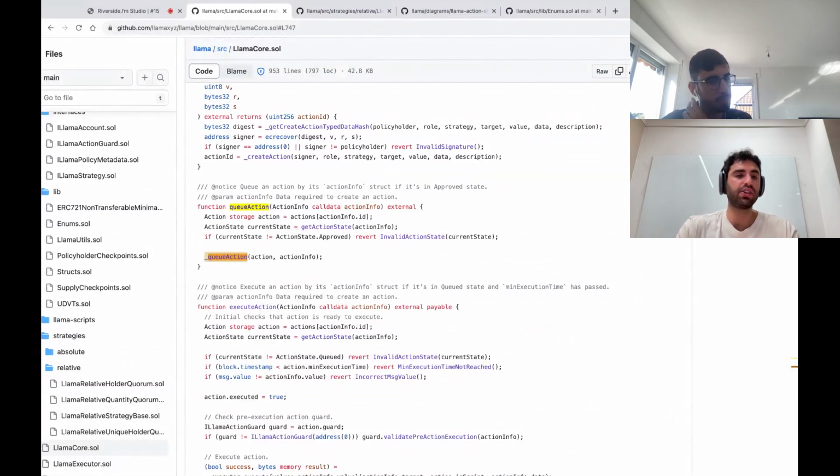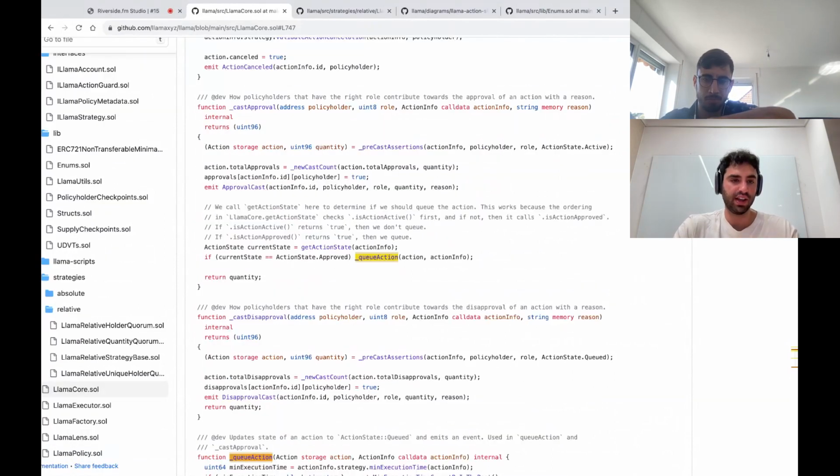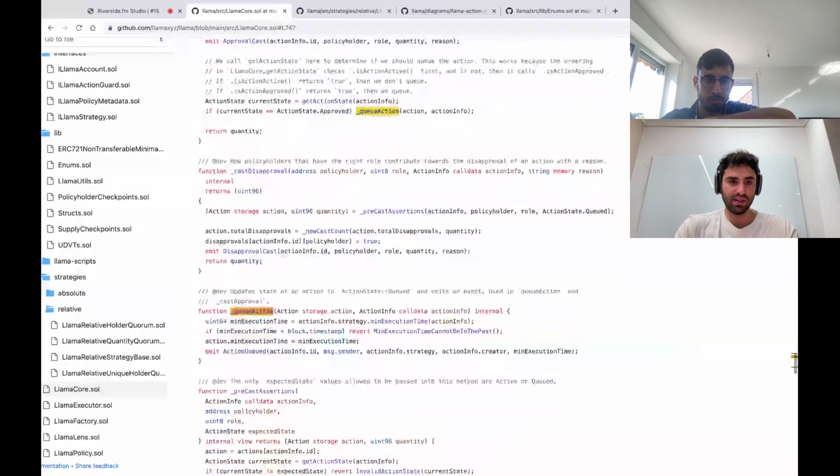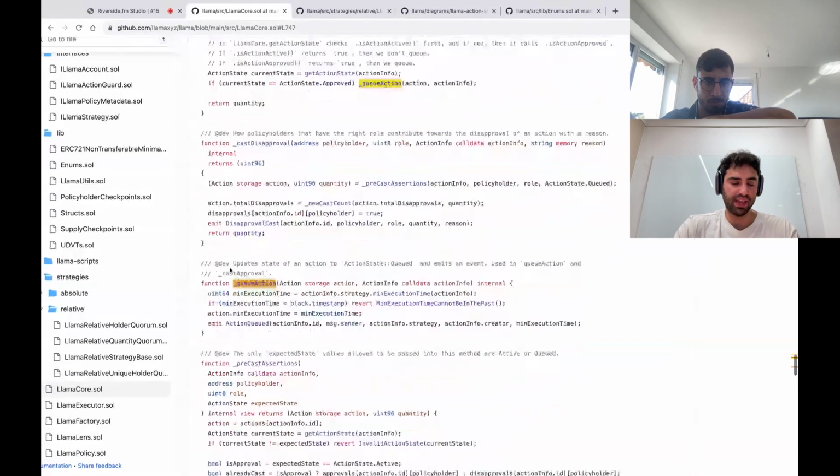Queuing and executing actions are actually completely public functions. So we could run our own off-chain infrastructure to call these. A user can do the same. Really, anyone can do this. And there are some simple checks: are we in the right state to queue the action? If those checks pass, then we can go ahead and queue the action.